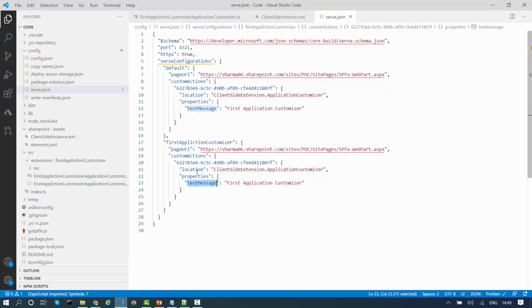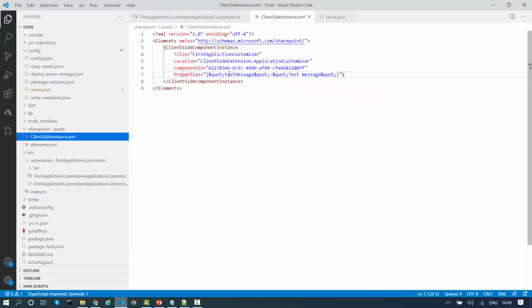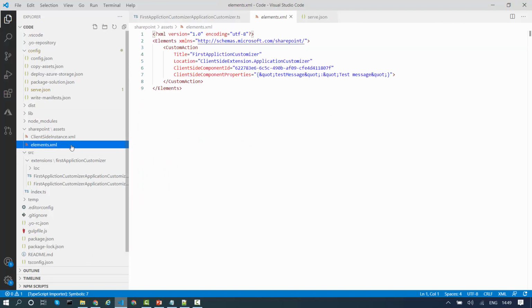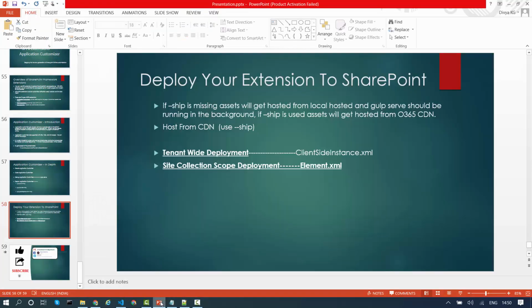While deploying my application customizer extension tenant wide, this file will come into picture, client-side-instance.xml. And if I am deploying my extension for a single site collection, then I have to use this particular file, that is elements.xml. So this is one concept. In fact, I have mentioned it over here also: client-side-instance.xml and elements.xml.